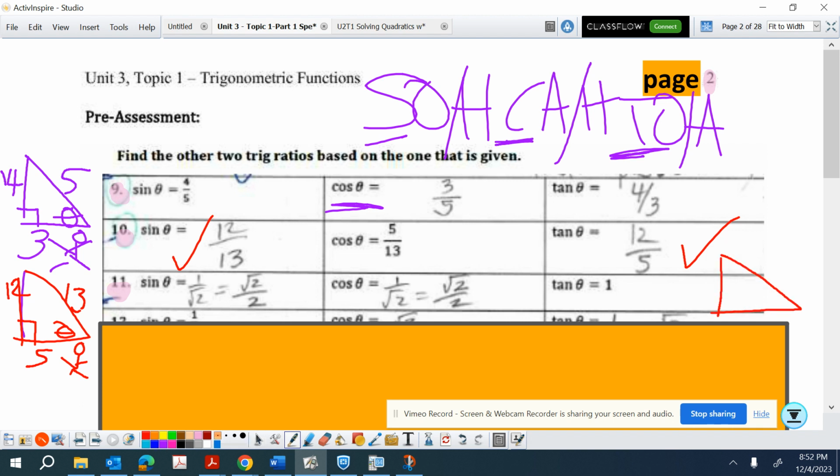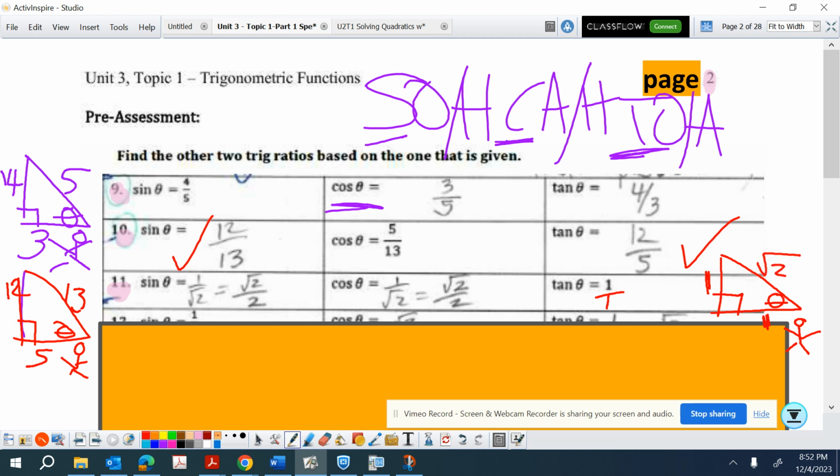Oh well. For number 11, special right triangle, I'm standing here. It tells me my tan ratio is 1. Well, it's a ratio, so it has to have a denominator. That's 1 over 1. And tan is opposite over adjacent, so 1 will be this leg and 1 will be this leg. I know because I've memorized this triangle that the third side is going to be square root of